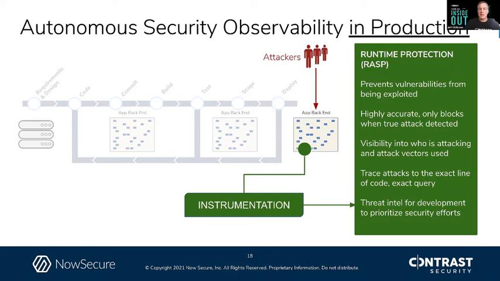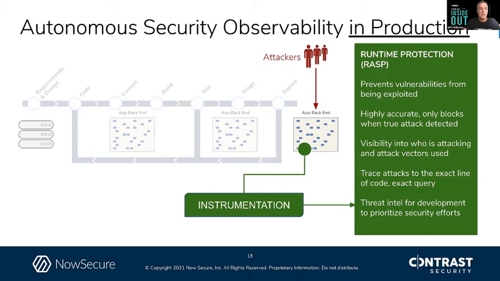And you remember the beginning, I said applications are attacked 13,000 times each month. Well, the same instrumentation that we use to detect vulnerabilities, we can use to detect attacks, create that observability from production, and even prevent those vulnerabilities from being exploited. So here's how this works. It's the same agent, the same sensors now are in production. And instead of watching test data flow through the app, they're watching real traffic flow through the app. And if they see behavior that represents an attack, they can intervene and prevent that attack from successfully exploiting that